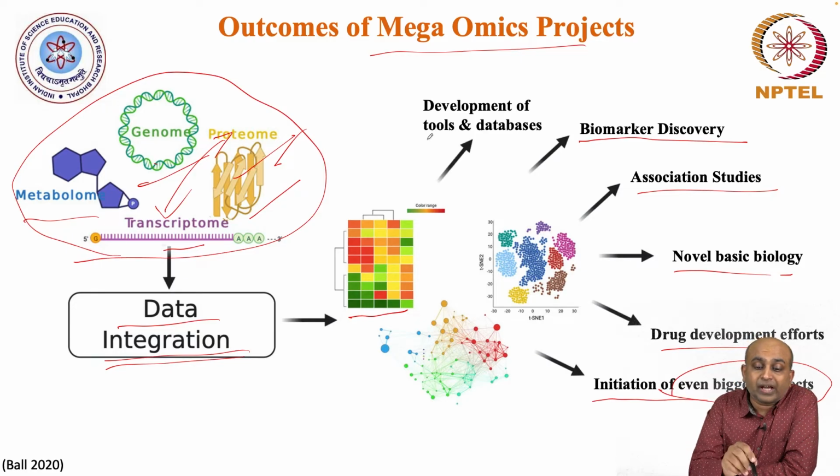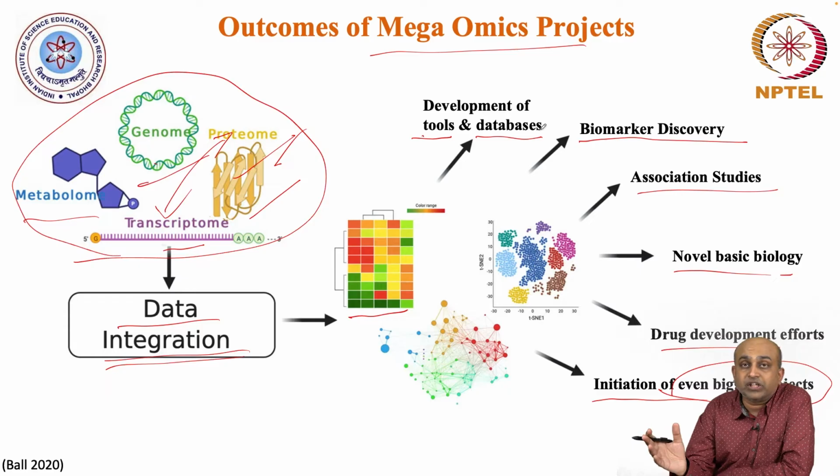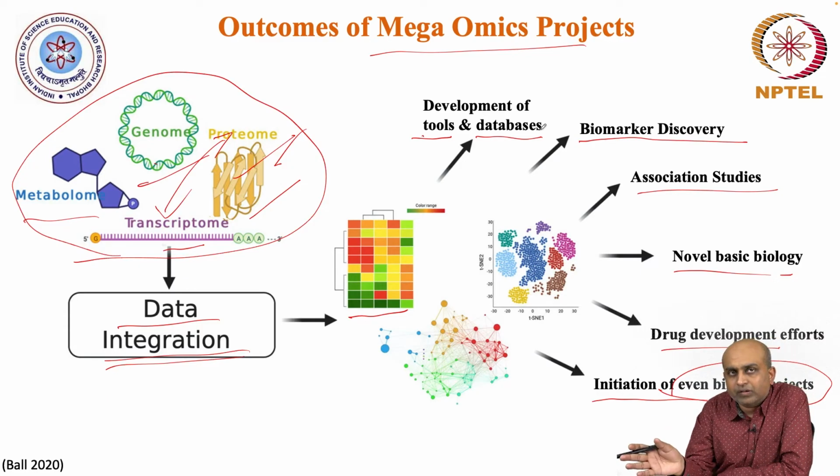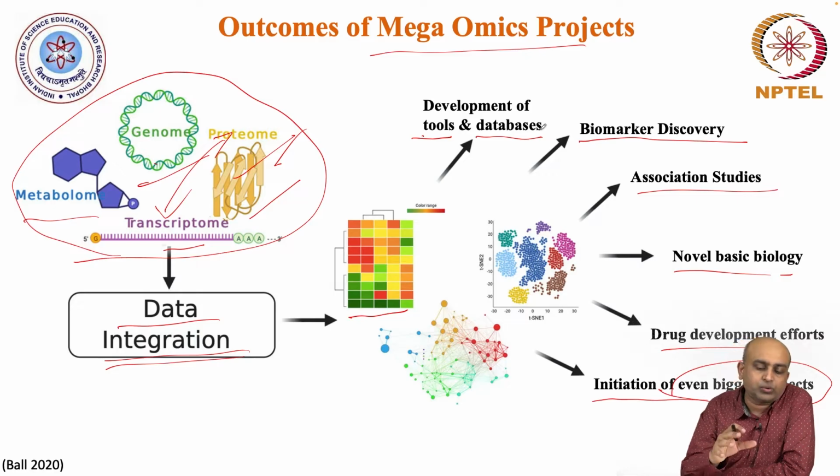You can also have various tools that are developed as part of these omics projects, or you could develop some databases where the general public, meaning the people outside the consortium, maybe scientists, maybe general public, can still access it, make sense of it, and also provide tools which are very user friendly, so that even somebody who is just a non-scientist who wants to understand some aspects of it can still make use of it. Right? So these kind of tools and databases are also one of the major outcomes of these kind of mega omics projects.